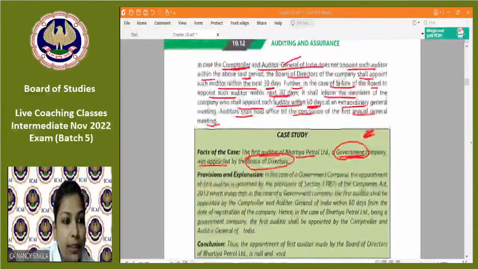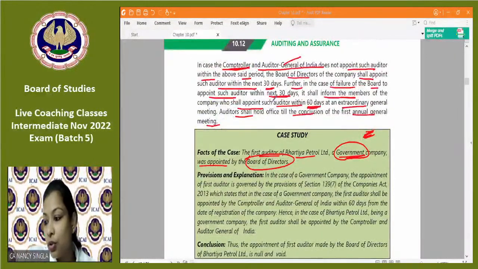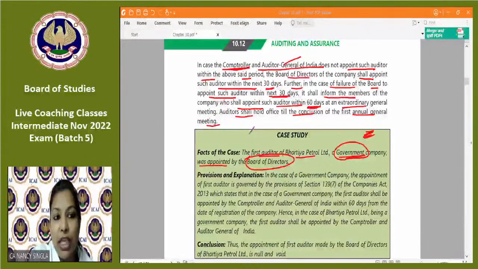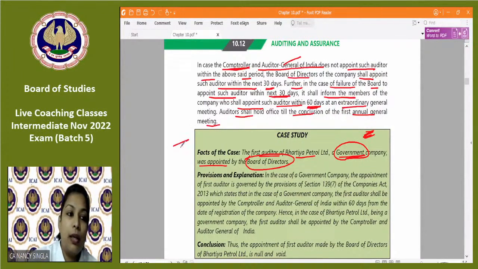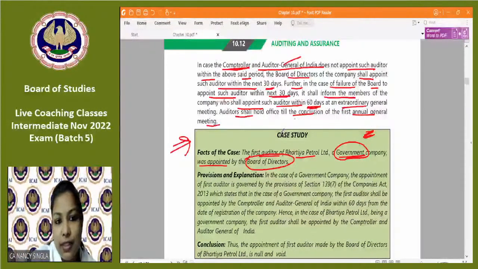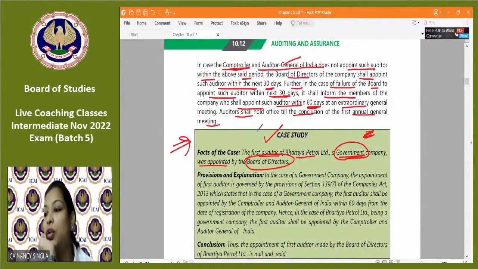अब आ रही है. ठीक है. So students, now I think I am audible. Case study, page number 10.12 we were discussing. ठीक है. Page number 10.12 case study. I think I got muted by mistake. So I was discussing this case study. So please go through it and send in your replies.